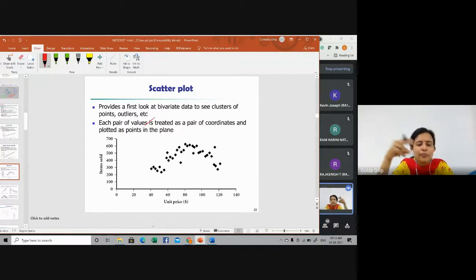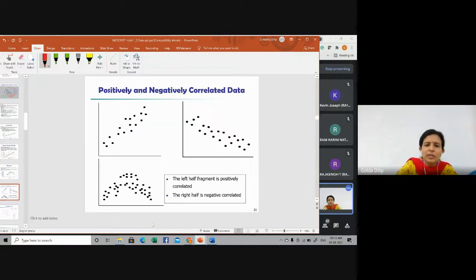You can see here whether a relationship exists between the pair of values. Each pair of values will be treated as a pair of coordinates and plotted as points in the plane.